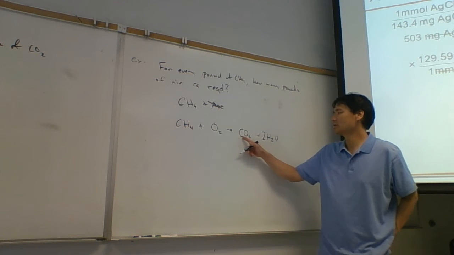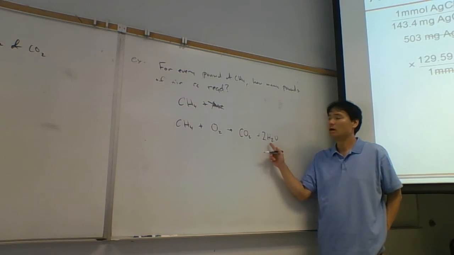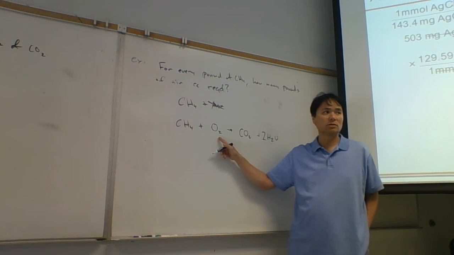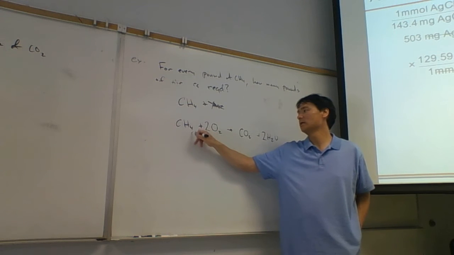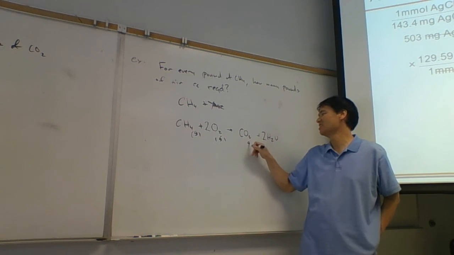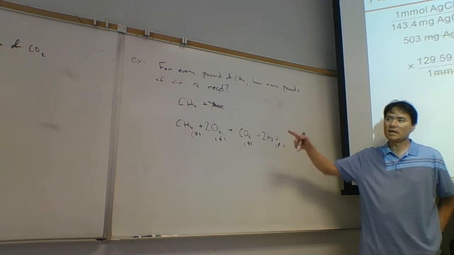That gives us how many oxygens on the right? We got 2 plus 2 gives us 4 oxygens. On the left we have 2, so we need 2 here. And now it's balanced. So we have methane gas plus oxygen gas yields CO2 gas. Water is a liquid here. So this is the same for both